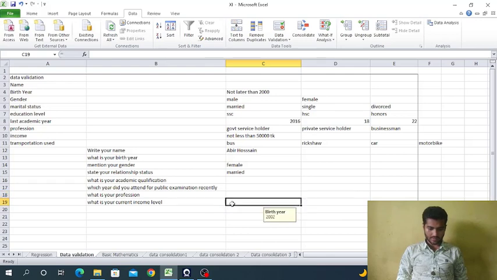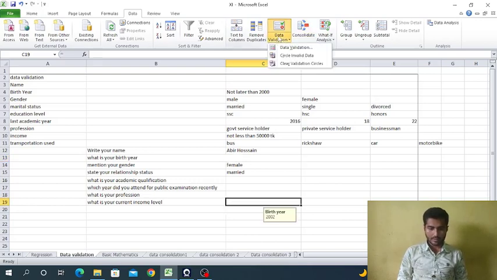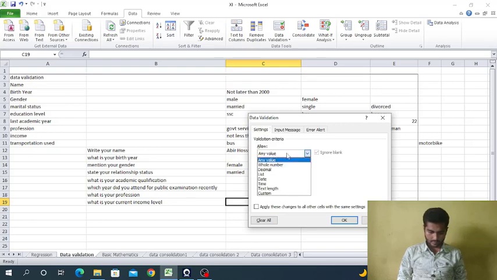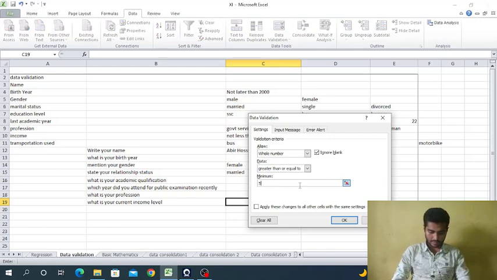What is your income level? For this data validation we have to go to data validation, settings, list, whole number, greater than or equal to, minimum 50,000.